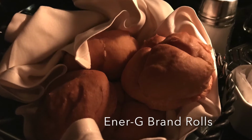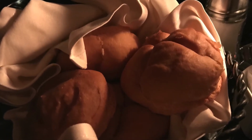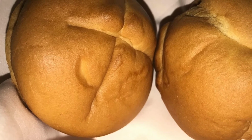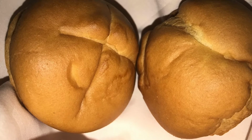To start your meal off, you'll be served allergy-friendly rolls. At the time we visited, we were served Ener-G brand rolls, which are gluten-free, dairy-free, free of the top 8 common allergens, and vegan. Now, if you're dairy-free, you'll want to ask for some extra virgin olive oil because Disneyland doesn't currently serve a